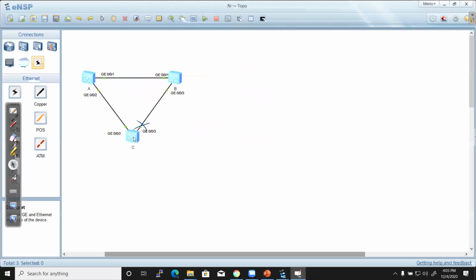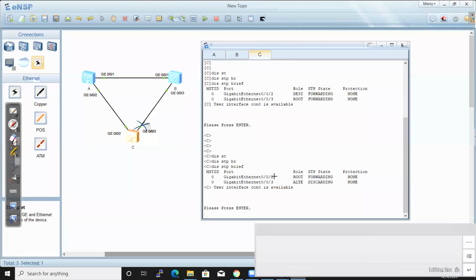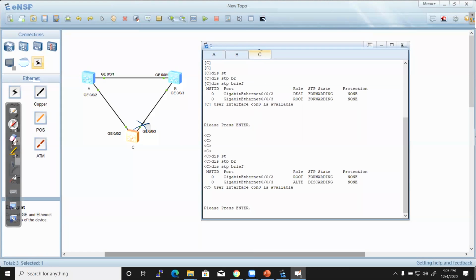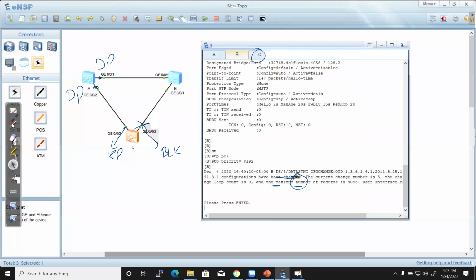And I have shown you. Now you guys can see again, we already have the results. At switch C, this is the root port. Have you seen that? That was the root port. And this port is an alternate. That means STP has put it in the block state. And what about A? The switch A, both ports were acting as designated ports. That was elected a designated port. And in switch B, you guys can see,